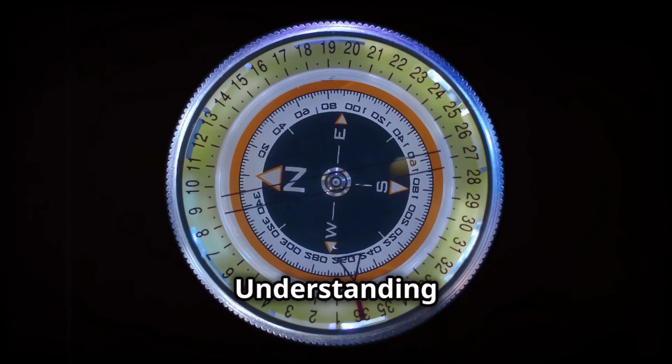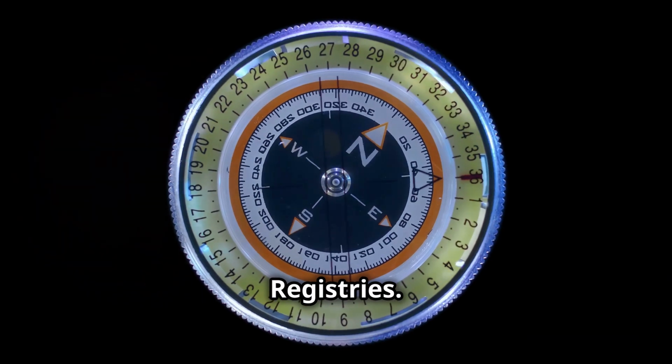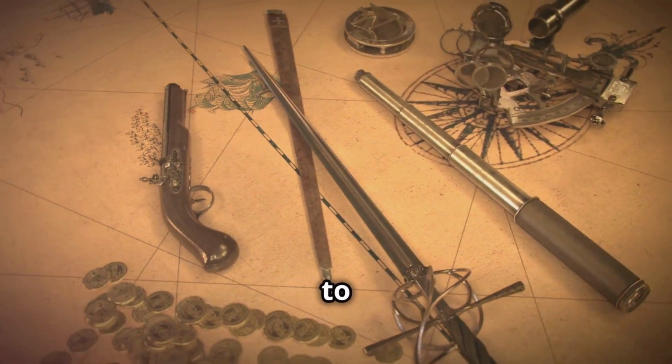Charting your course: understanding the nuances of open and closed registries. Now that we've grasped the differences between open and closed registries, allow me to formally introduce myself to those who